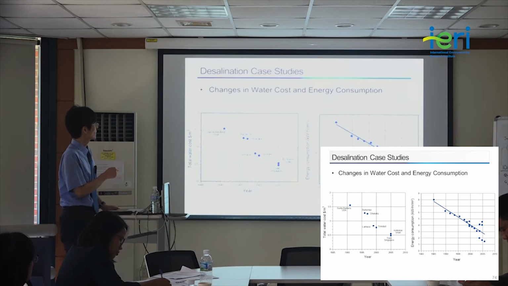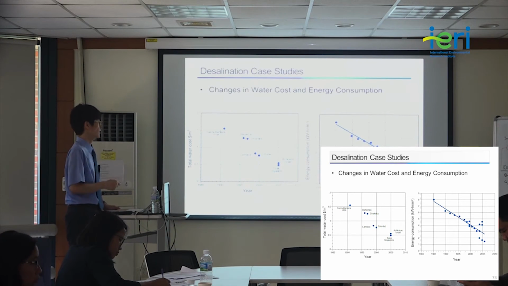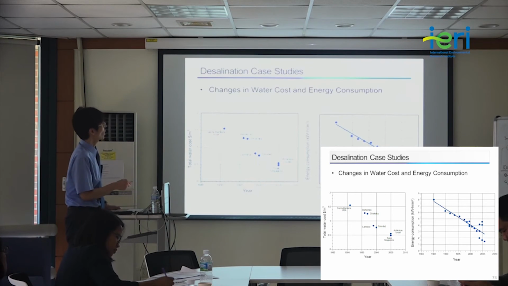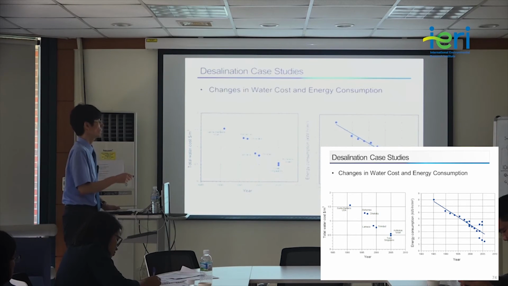So in the left figure, we compare the water cost, and the plants built in the 1990s were a little bit expensive, and for the plants built after 2005, the water cost was around 0.5 US dollar per cubic meter. So this is a very small number here. And together with this water cost, the energy consumption decreased significantly. Although I don't know why they have these numbers here, but